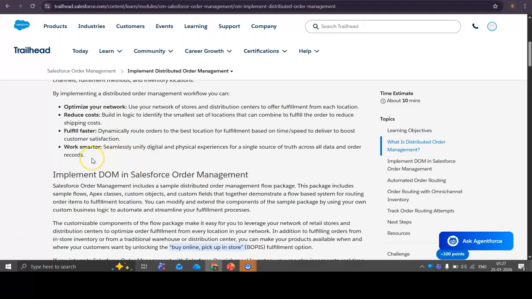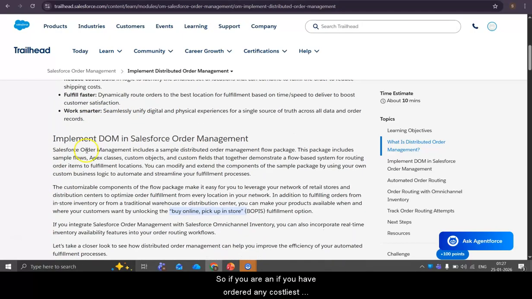What does this mean? If you have ordered costly products like jewelry or other costly items, generally as a customer, I would not prefer to get these products delivered to my home.